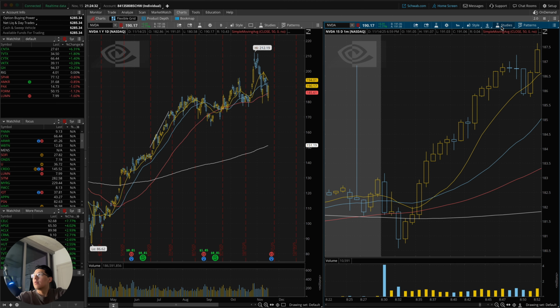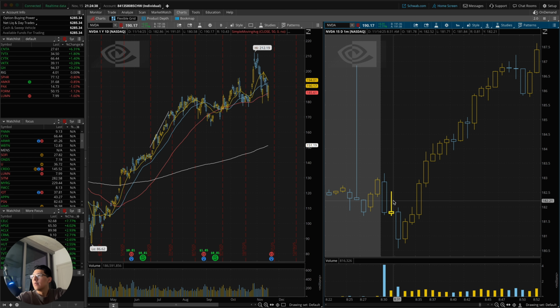So let me remove all of this. Remove all studies. Okay, so let's say that you purchase some longs, right? You were betting for Nvidia to go up on this candle. You purchased it at 500. I'm just giving you a round number, $500. Now, because it went down, you lost some premium, you lost some money, and since it's not going your way, bro, trust me, at the moment that it goes down, you're actually losing a shit ton of money. And the moment that it comes back up, let's say to this level, you might be thinking, because you entered at this price, that you're gonna be breaking even at this point.